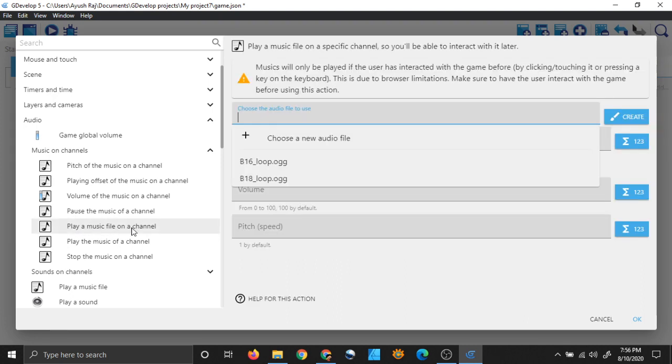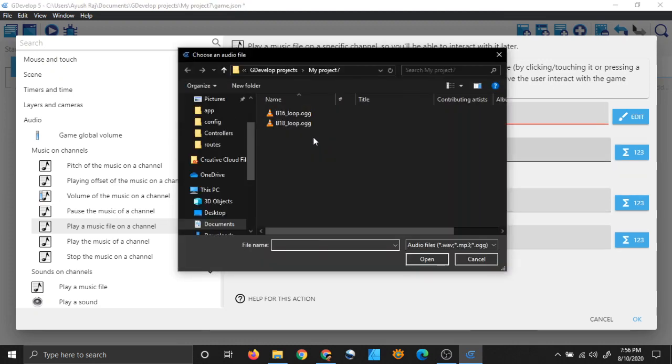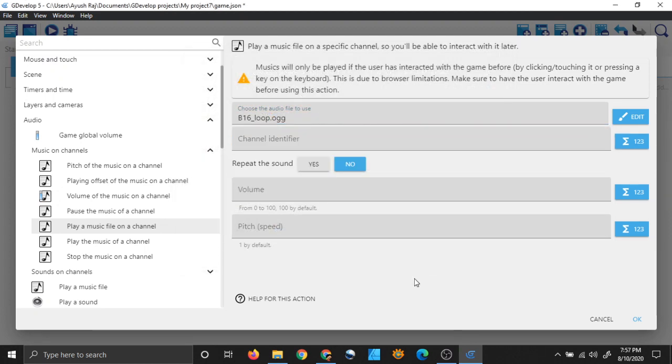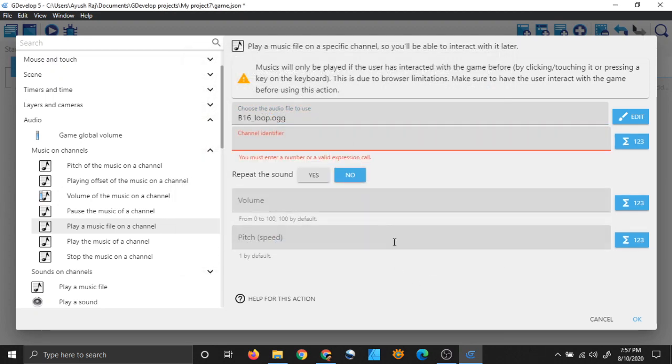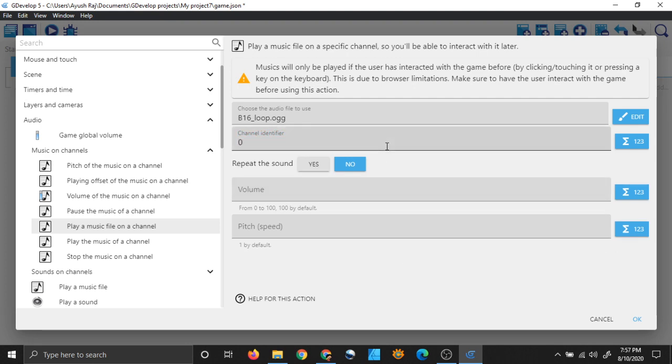We will use this, and you simply choose a new audio file. I have two audio files. I will choose B16 loop, and for the channel identifier you can put 0 or you can put 1 also, but I will put 0, and I will choose repeat the sound, and volume put it at 100, which is maximum, and pitch put it at